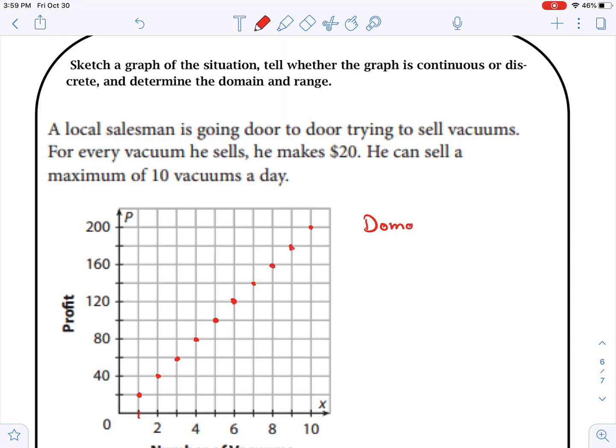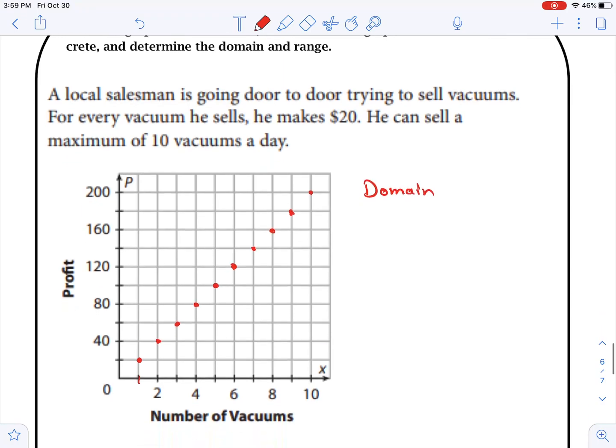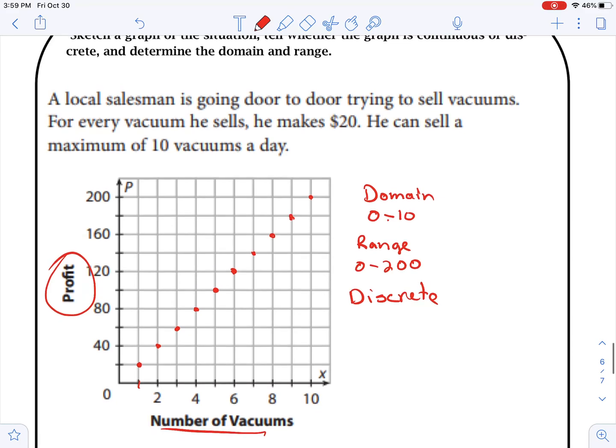Again, my domain is the x values. The number of vacuums sold, it says he can only sell 10. So he can go from 0 to 10 vacuums sold. Our range, how much money he made, on this side, our profit is from 0 to $200. And this would be a discrete graph. So it's important to understand discrete means we're bouncing, we're jumping, it's not a line. Whereas the continuous data is a